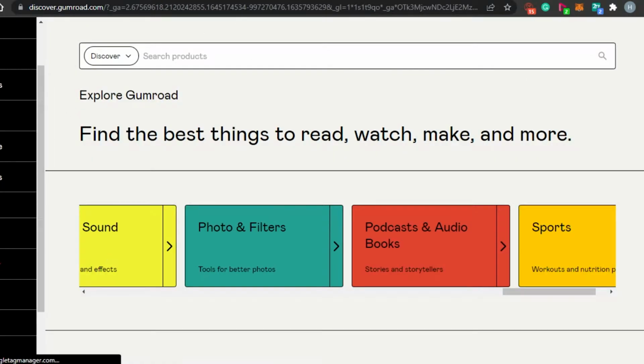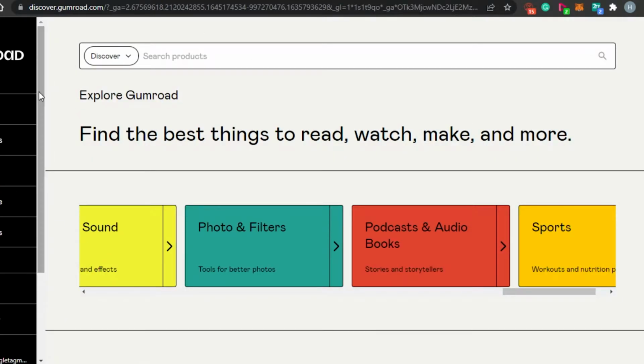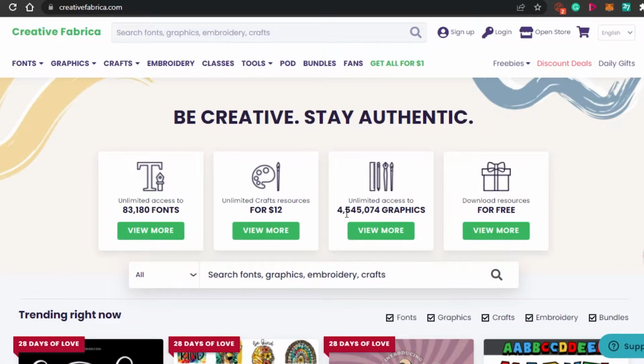It depends on you how you want to sell your digital product, but Gumroad will allow you to create your amazing products online and sell them. It is very easy to use, and it has a lot more options than Etsy.com. The next platform is called